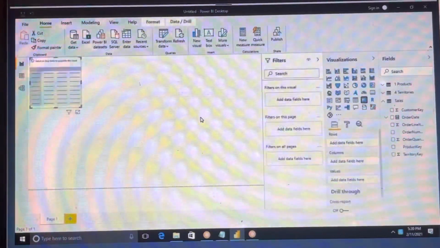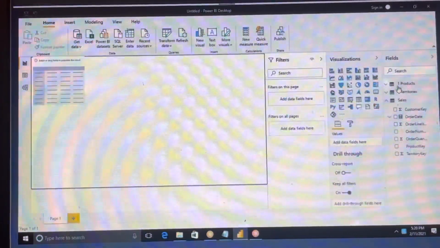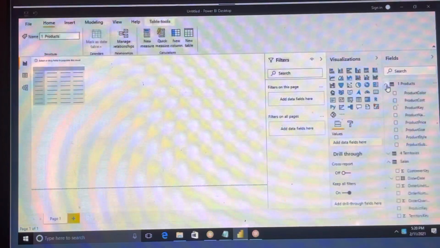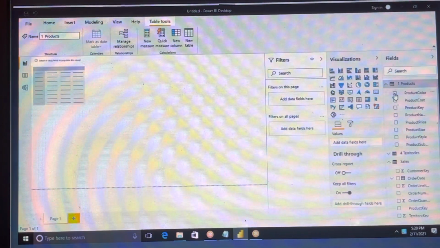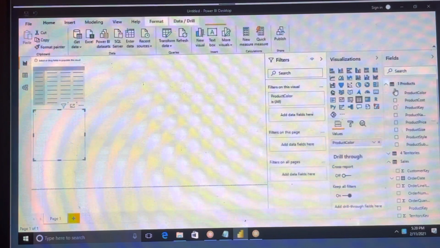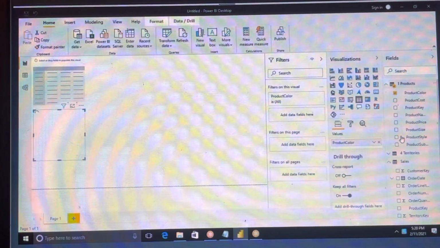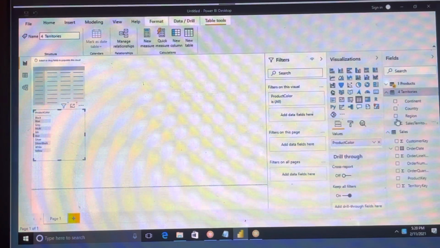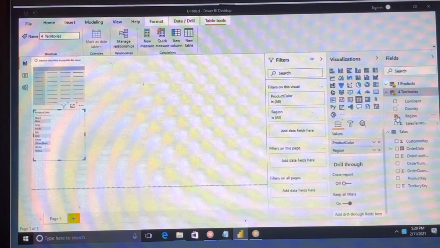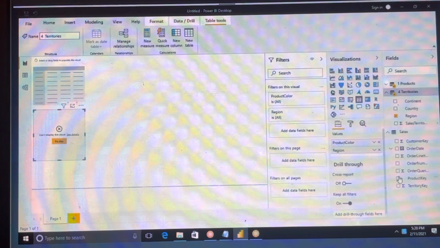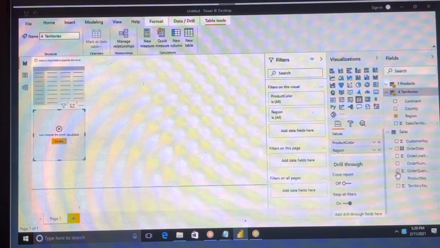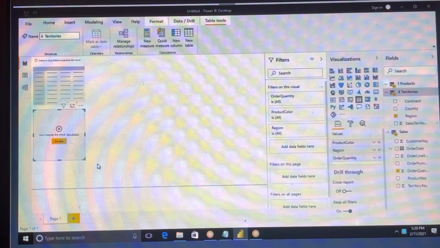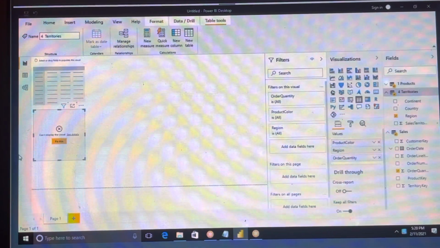Let's take a matrix. I'm selecting a column from this table, and from territories I'm selecting region, then order quantity.